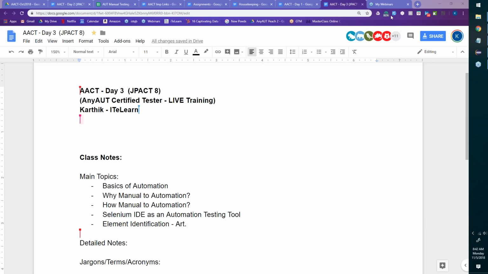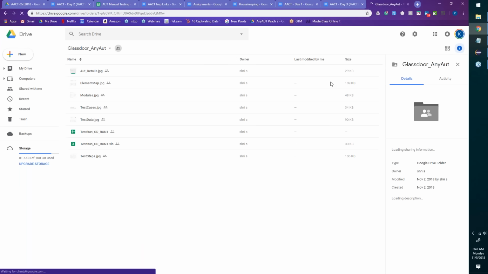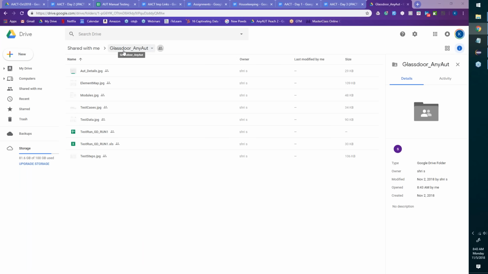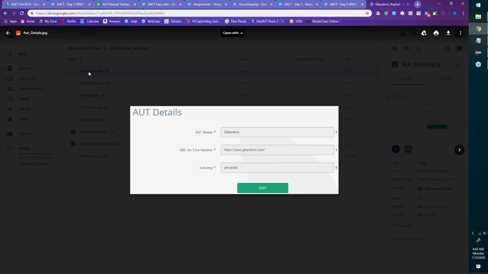Yeah, I see this. Okay, nice. Shri, I'm glad you're keeping it as a folder. That's the first feedback. You've everything here. And I see there's some screenshots. Maybe this is of the application under test, what you in AnyAUT. So modules, test cases. There's nothing for dashboard yet. But I like it that you have started to fill in the details into the application. That's a great job, team. Let me not run ahead.